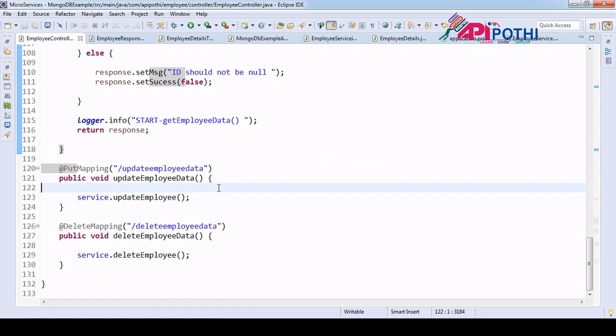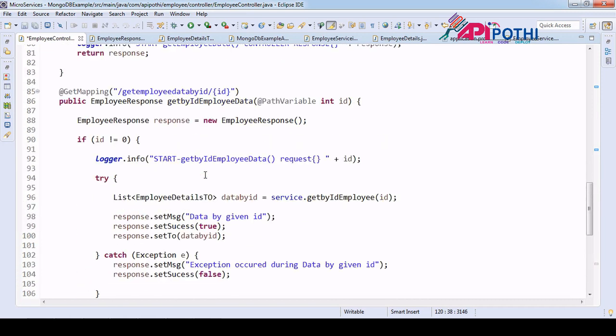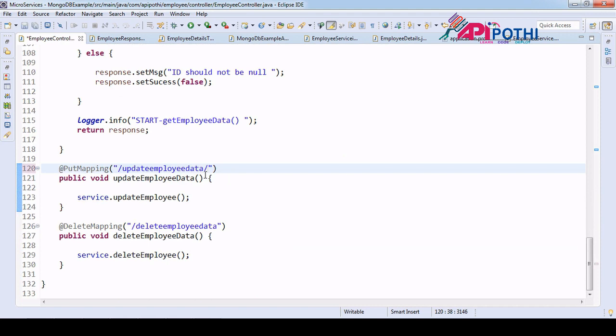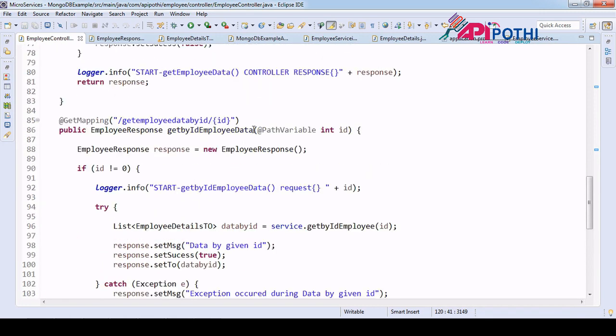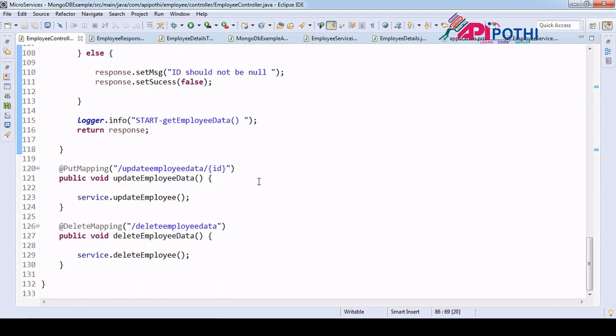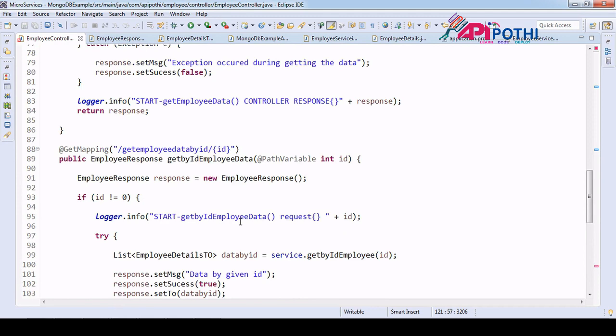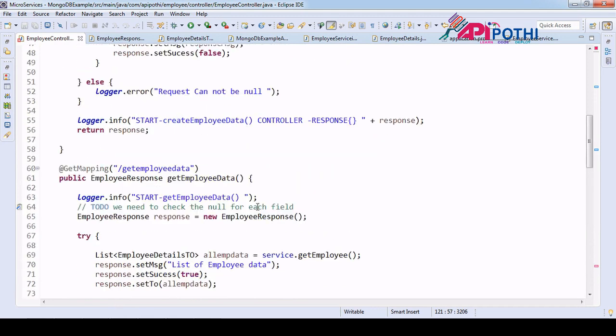Now update means we need to have two things. First thing is for which record we are going to update, so for that we will be having the id. So that is the first thing, id. To receive the id we will be having the path variable. First thing done, but we also need to have the data here. So data we will be having as a